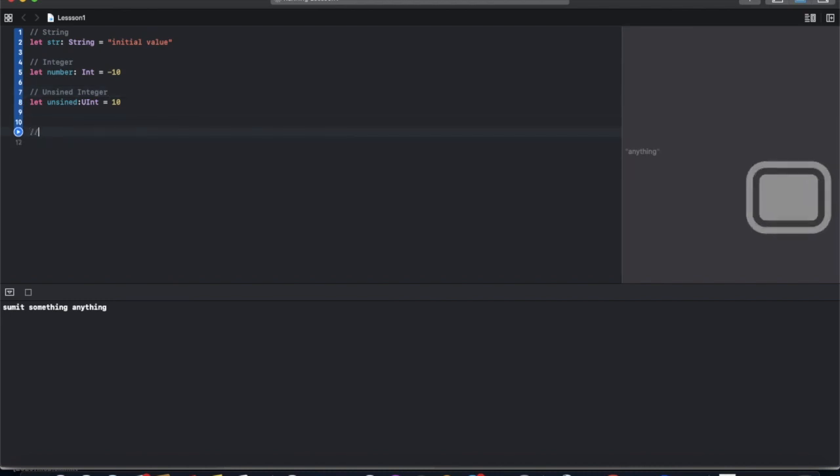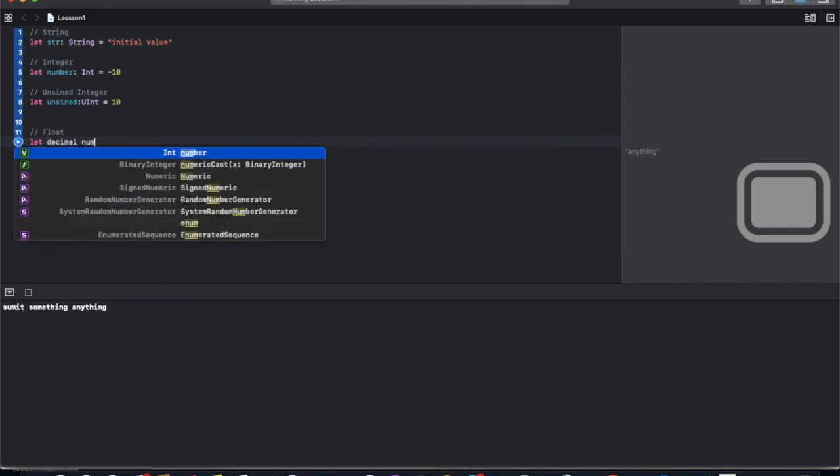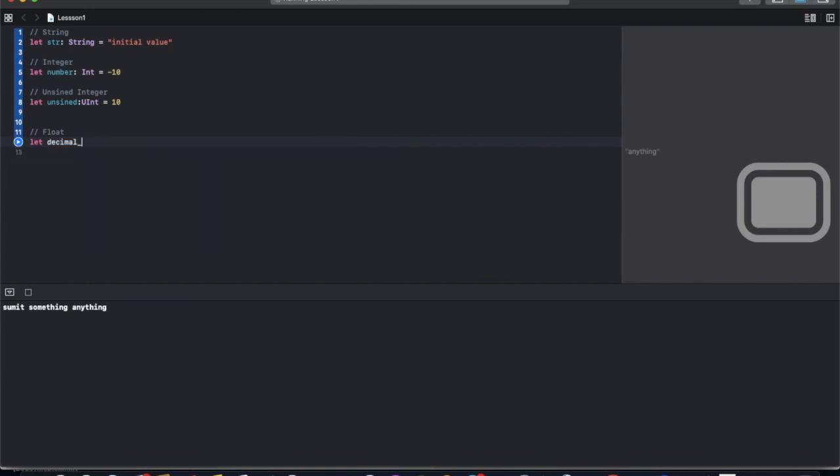We have float. Let decimal number, type Float.